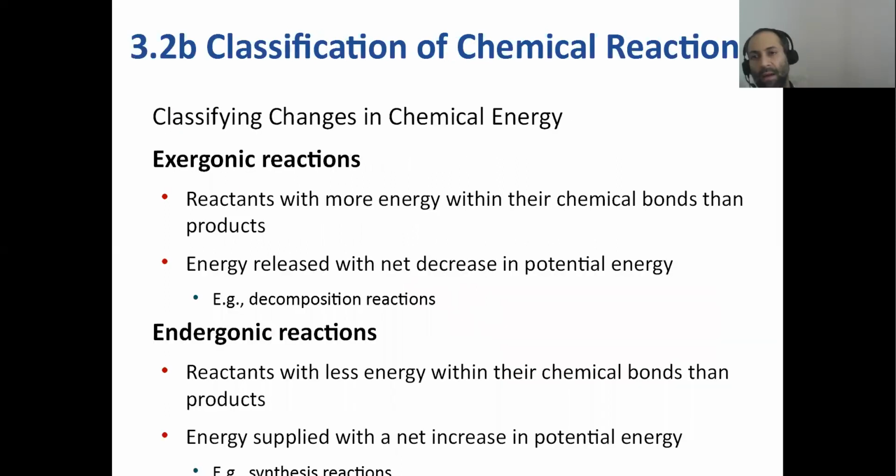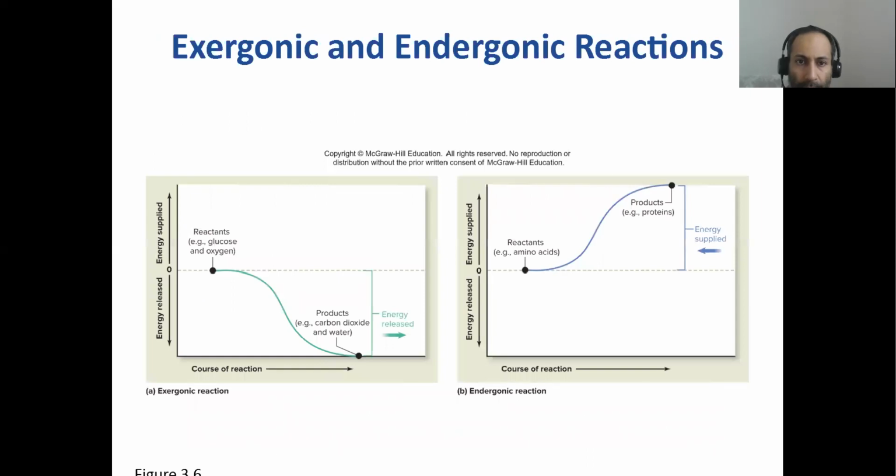So we talked about these two types of reactions, exergonic, also called exothermic, and endergonic reactions. What's the difference? Exergonic or exothermic reactions release heat, and they're all breakdown products. They are all decomposition reactions or catabolic reactions. They release energy. They're exergonic. And then endergonic reactions or endothermic reactions, they absorb heat, and they are synthetic or anabolic reactions. They build the stuff, build polymers from little monomers, okay?